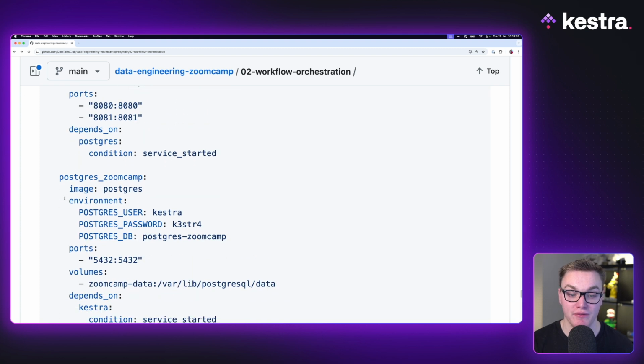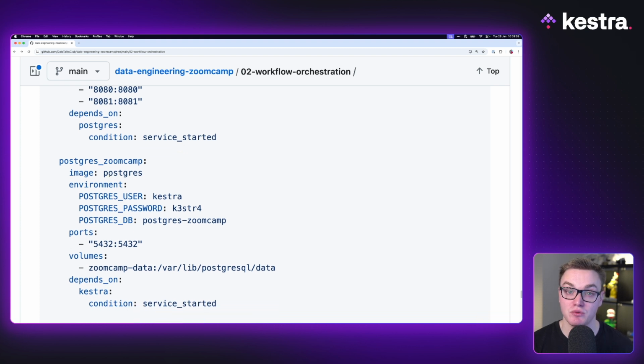But if we go down, we've got the Postgres Zoomcamp database here now, and this is exactly the same as what we had in the separate Docker Compose, but we've renamed the volumes to make sure that they can keep their data separated from one another and there aren't any clashes. And the main reason for keeping these databases separate is so that Kestra, which will generate a bunch of different tables and stuff, it just makes it easier for us to see what we're actually doing to the database without getting in the mix of Kestra's stuff, as well as